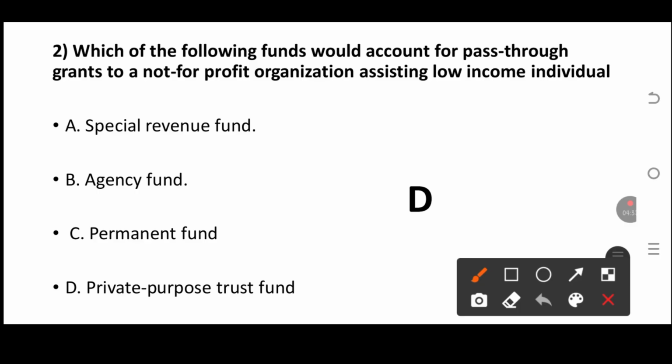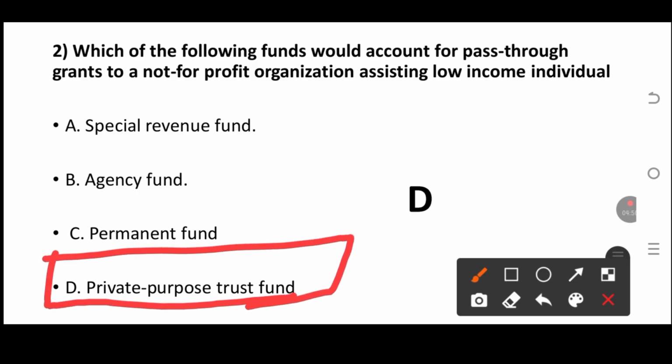A, special revenue fund, is not it. B, agency fund, is not it actually. C, permanent fund, is also not it. D is the private purpose trust fund. This is the correct answer because, as you have seen, a pass-through grant for a non-profit that assists low-income individuals means funding received from a donor, foundation, or government agency that the non-profit must transfer to a